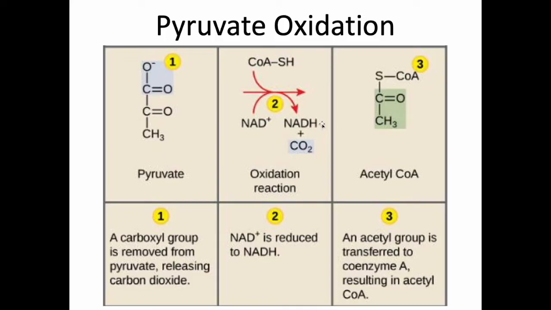The other thing that's going to happen in this chemical reaction is we're going to finally start ripping off carbons. We're going to take this 3 carbon pyruvate and we're going to rip off one of these carbons to create CO2. Remember, CO2 is one of our final products of cellular respiration. This is the end game for carbon. All our carbon in the initial glucose is going to be converted to CO2 by the time we're done with this. So if we're doing 3 minus 1, that leaves us with 2. We're going to end up with a 2 carbon molecule called an acetyl group.